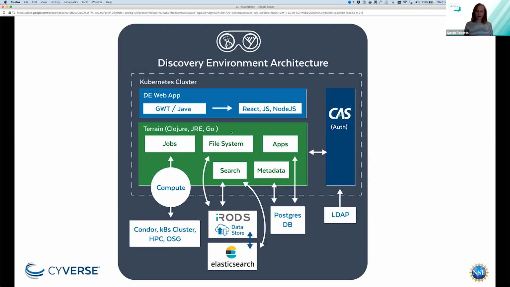We've got the Terrain API. It's a group of microservices written in Clojure, which runs on the JVM, and in Go. And then we've got our compute resources. I mentioned those before. And of course, the file system, which includes iRODS and search using Elasticsearch. We do use CAS for auth currently. We are exploring migrating to Keycloak because Keycloak provides a couple of features that we want to add. The most important being